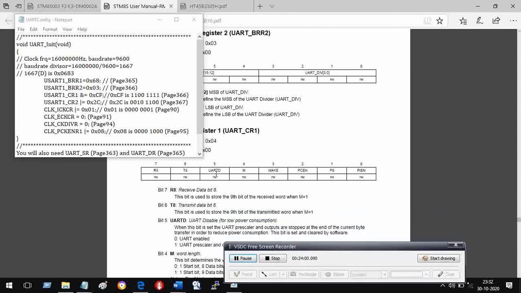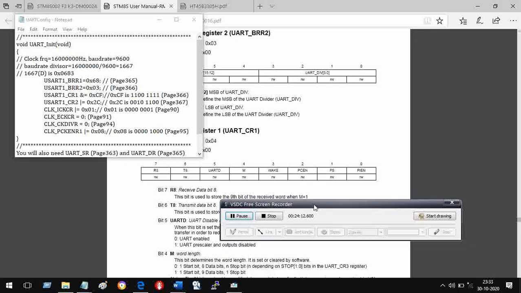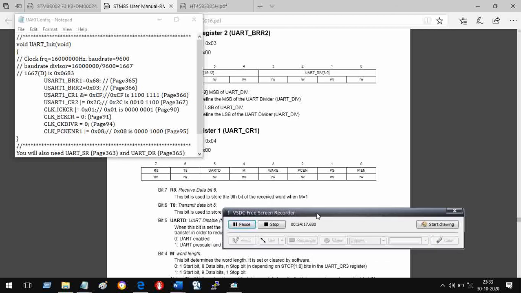When I make this bit 0, I am enabling the UART. If I make it 1, then outputs are disabled. So I want it to be enabled, therefore I make the UART CR1 bit 0.